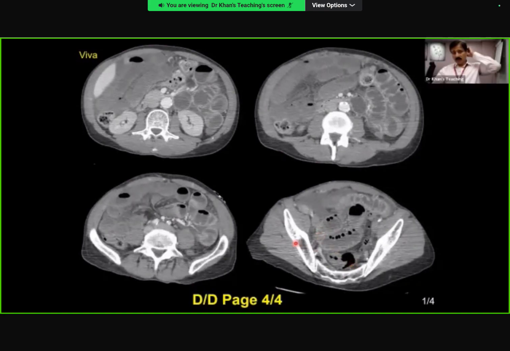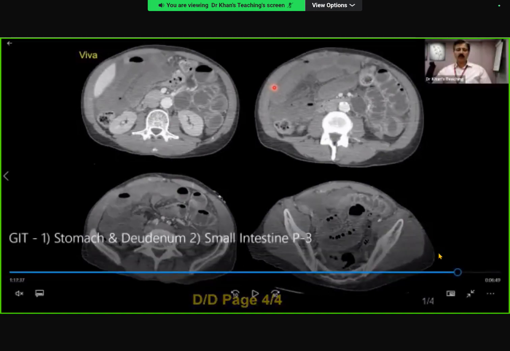Right. The main thing is that if you see here, I wanted you to pick up this discrepancy. Look at these loops and it shows normal enhancement of mucosa. These loops are not enhancing. So other than pneumatosis, perforation, large vessels, always try to look at